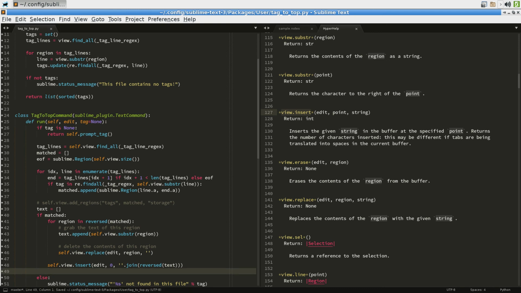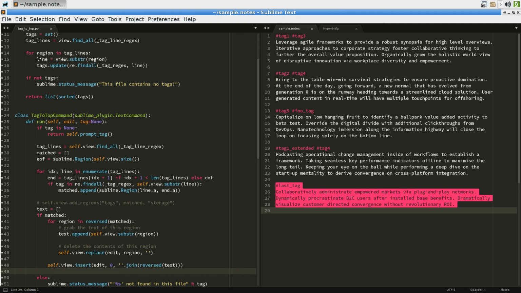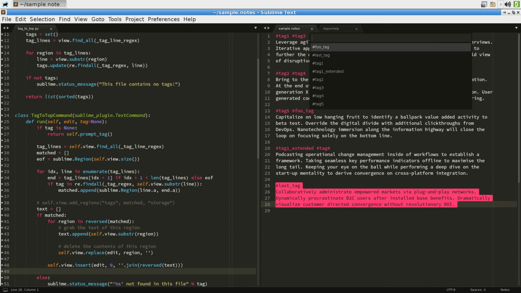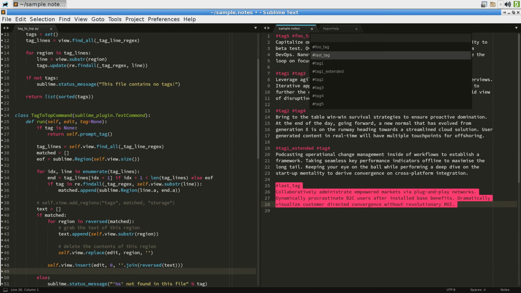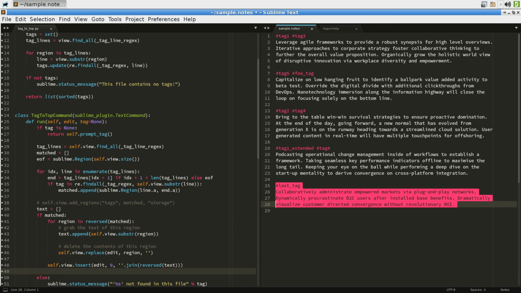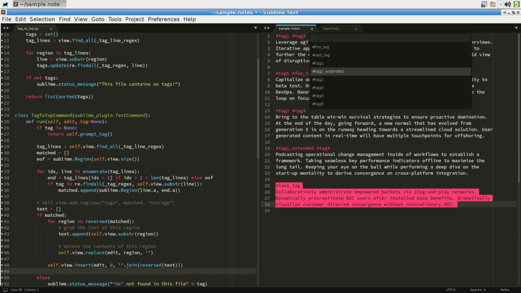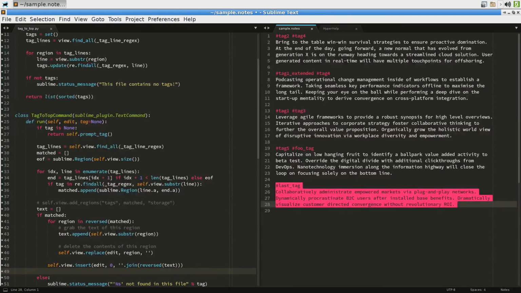And theoretically, this plugin does what we want. So let's boost foo tag to the top of the buffer. There's tag 5 foo tag, and the rest of the items are still there. We can also bring tag 1 to the top. And notice tag 5 foo tag is now underneath it. Now tag 2 and tag 4, the two tag 4s are adjacent in the file from 13 to 19, but if I pick them, they should both jump to the top,